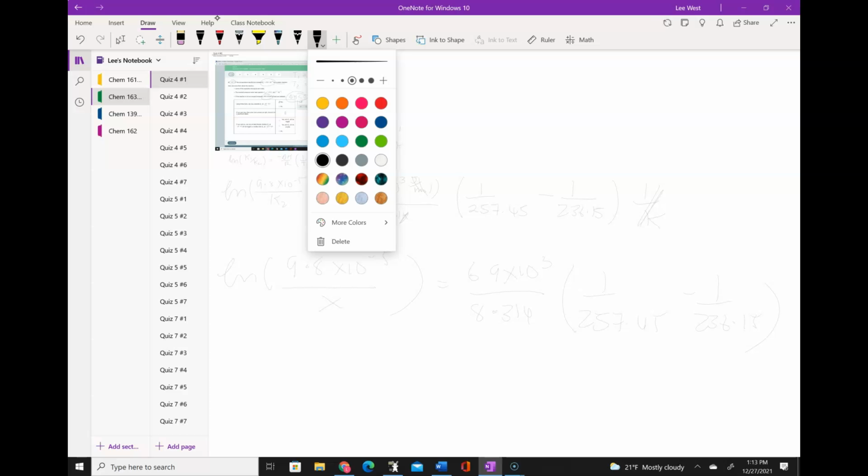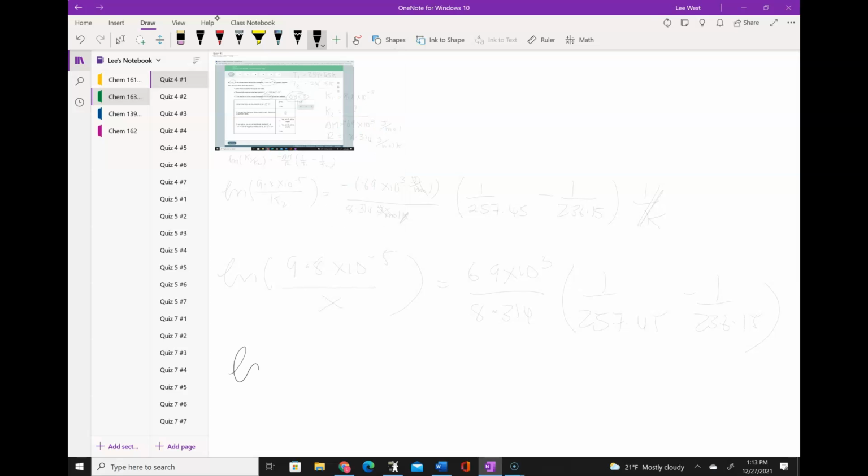So I'm going to do that now. My calculator requires that the expression equals 0. So pretty straightforward for me to do that. A log of 9.8 by 10 to the minus 5 on x minus 6.9, I keep doing the 6.9, don't I? 69